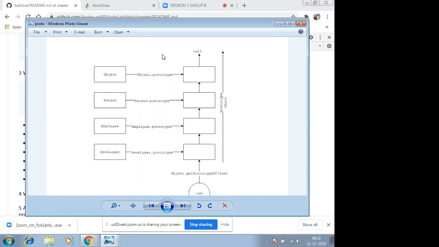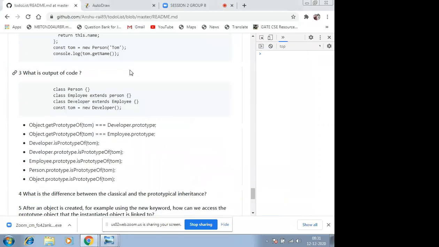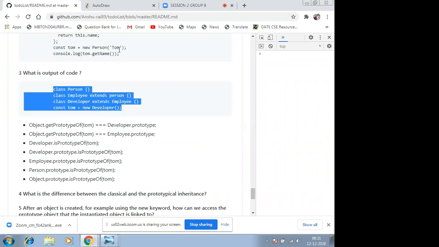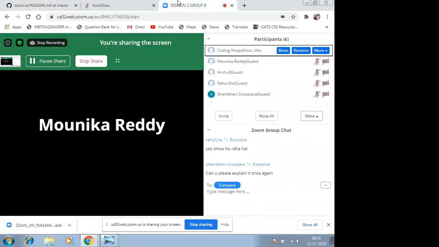So I think it's clear. Is it clear, Samveer, what we are doing, and how the function prototype chain gets created in this particular piece of code?